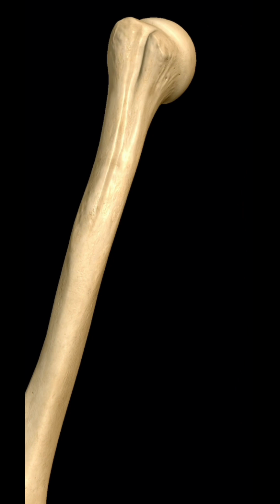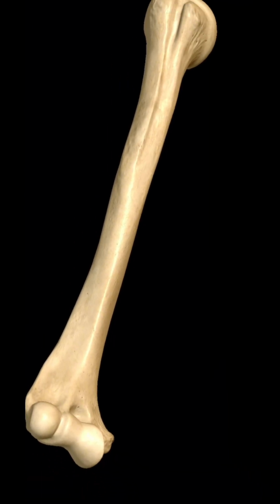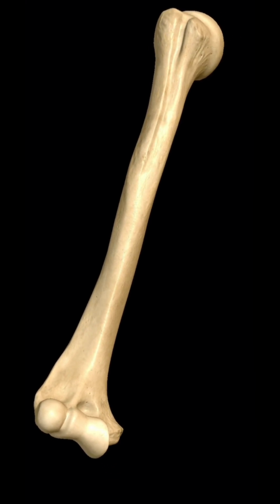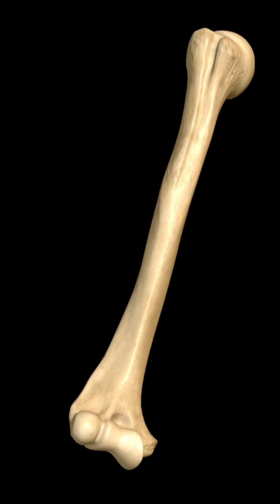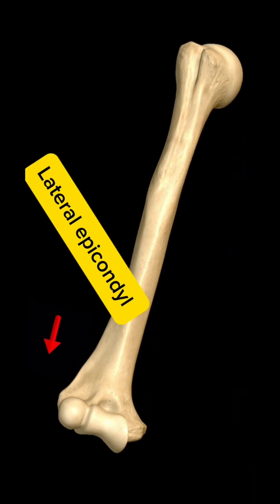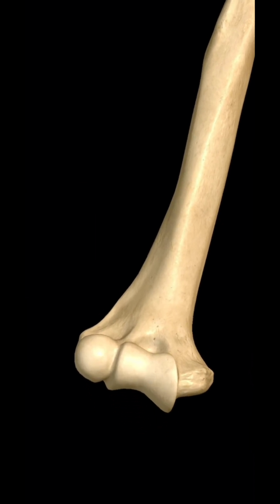The triceps brachii muscle attaches to the posterior surface of the humerus, including the olecranon process of the ulna. It is responsible for elbow extension. Brachialis and brachioradialis muscles. These muscles attach to the anterior surface of the humerus and play a role in elbow